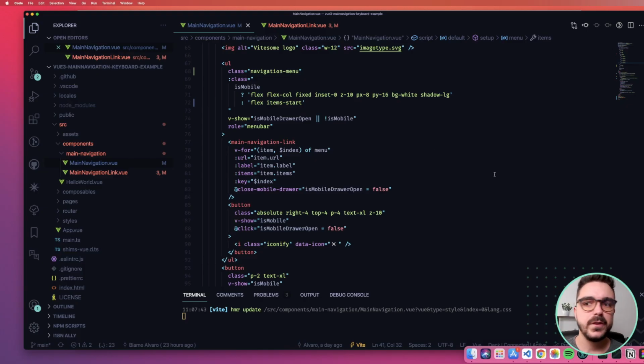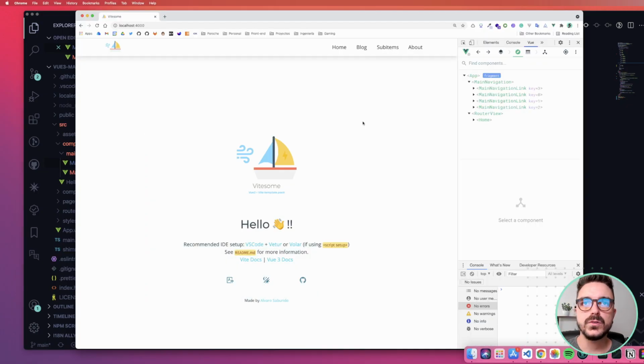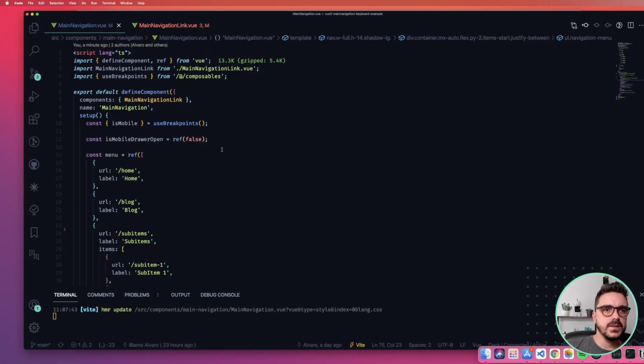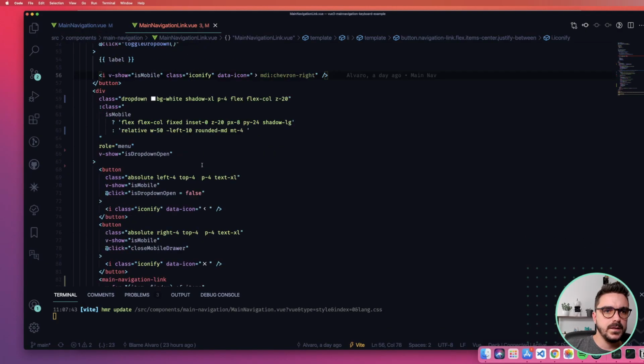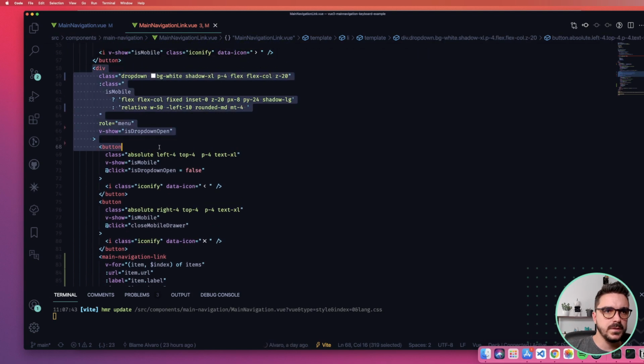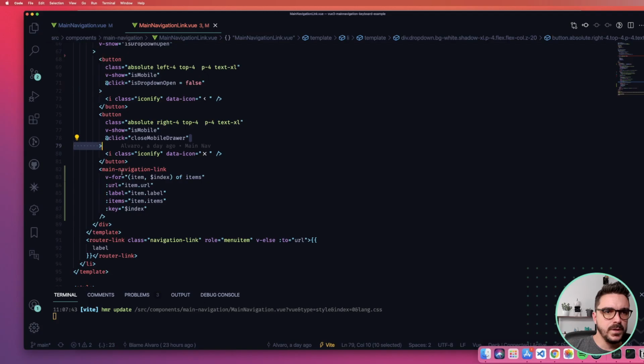So the first thing that we are going to do is, in this case, we're tabbing through, we open here, we go tabbing, and when we tab to About, we should close the dropdown. To do that, we go to the main navigation link, and here we look for the dropdown, where the main navigation links are implemented.